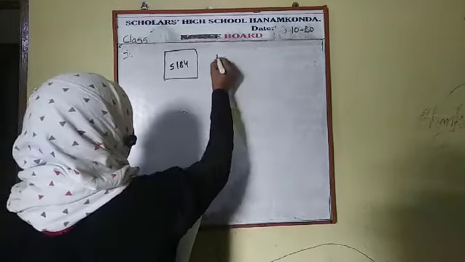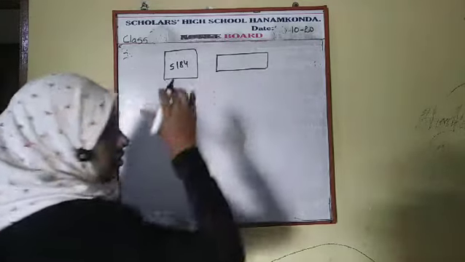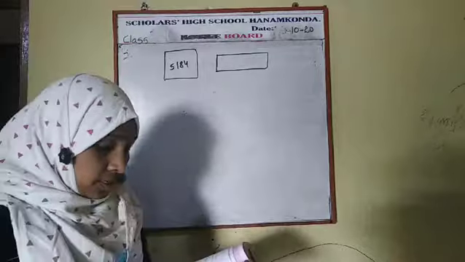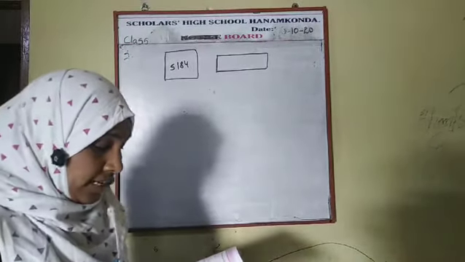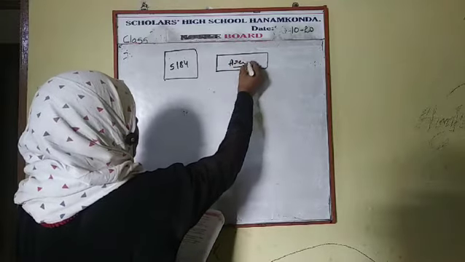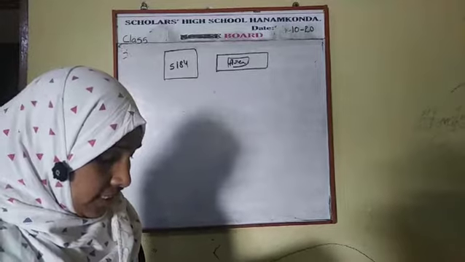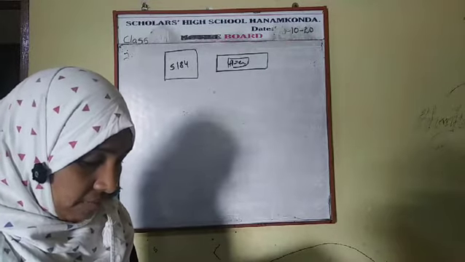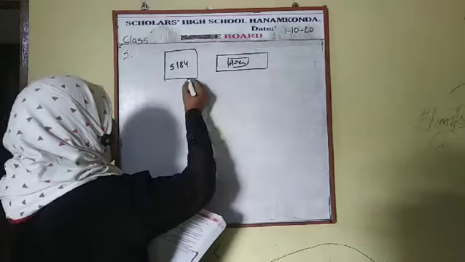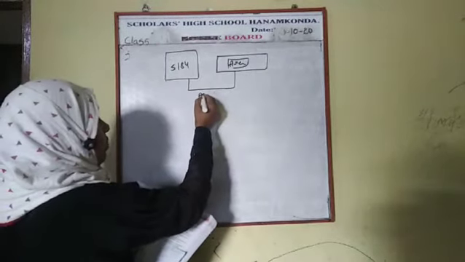Here one more rectangular field is there. Okay, we have to find the area of this rectangular field. Here one hint is given: whose perimeter is equal to the perimeter of a square. See, these two, square and rectangle, perimeters are equal.